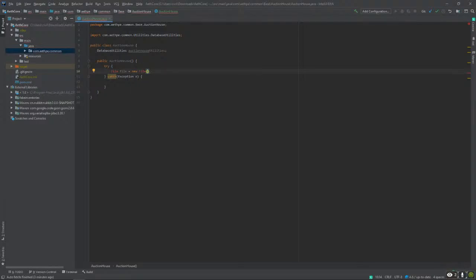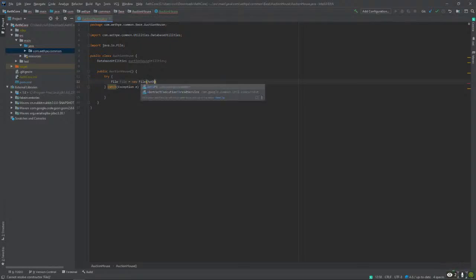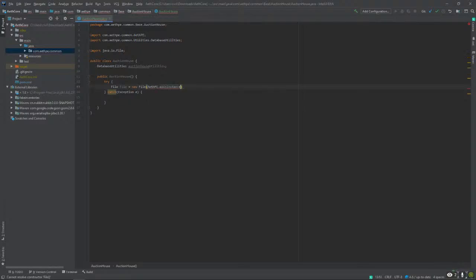And then the file data path should be 8th pe dot main instance dot get data folder dot get absolute path plus slash auction house. Wait, no, let's make a database folder.